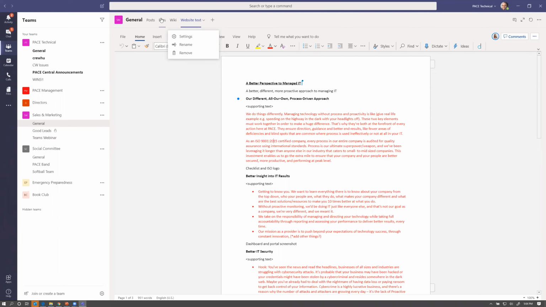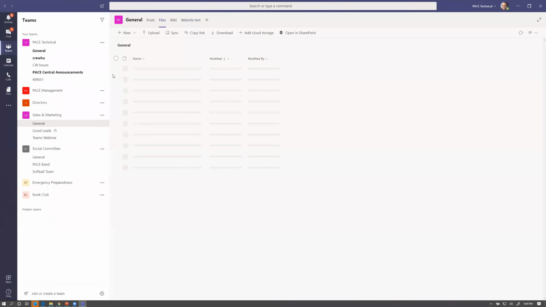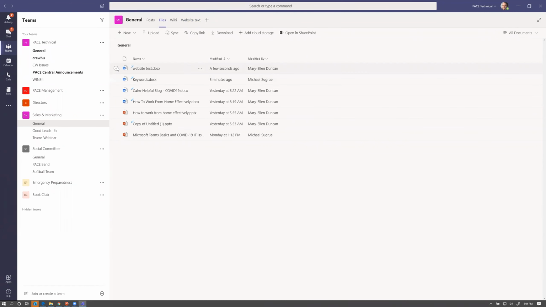Couple of other things that you can do within the files menu here. You can download files. So if I select here, I can go up to the top, get a link to that file. I can download files, delete files, etc. Open them in SharePoint, rename them. Up here, the first option is for a new document. So I could start a new Office document from scratch. So a Word doc, Excel, PowerPoint, and it'll open up and just generate a blank file that I can start and create from scratch if I wanted to.